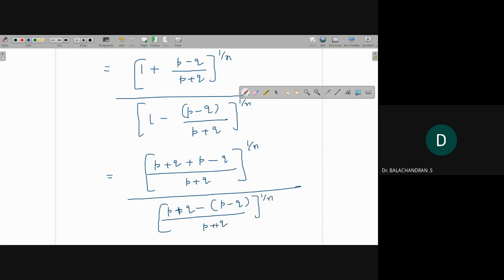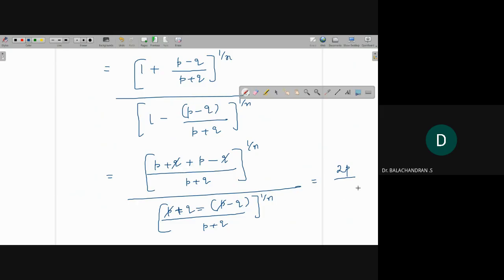So P plus Q gets cancelled. In the numerator, Q minus Q gets cancelled. Here P minus P gets cancelled. So this is equal to 2P